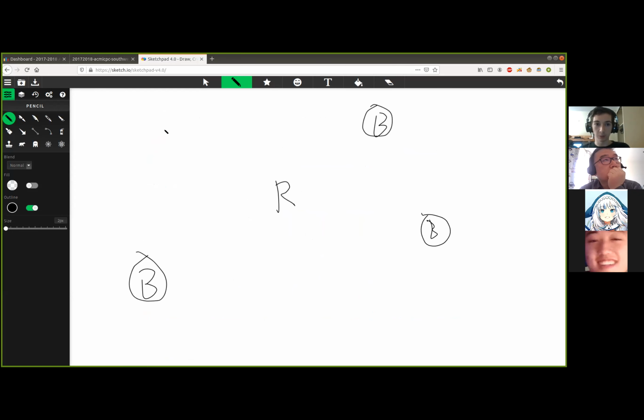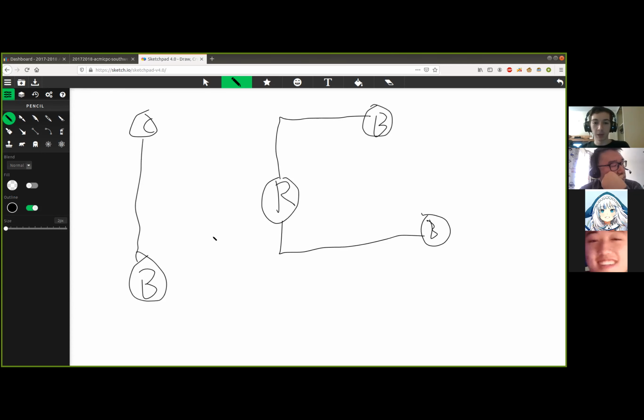In other words, we need to have some edges matching up each worker to the first bottle they pick. And we also might need workers who leave from the restaurant after they drop off a bottle. So we would need to add edges like this, maybe. Basically, the possible edges are at most one coming out of a worker, or at most n-1